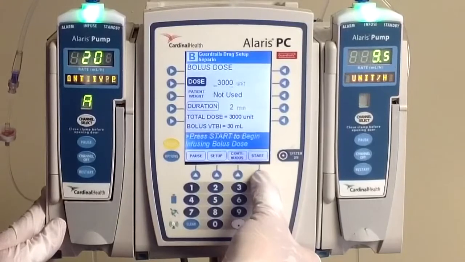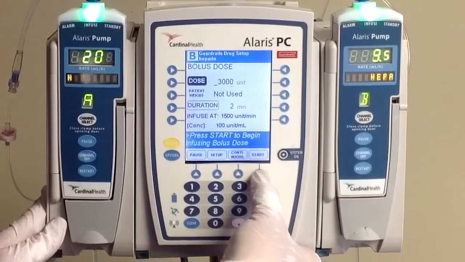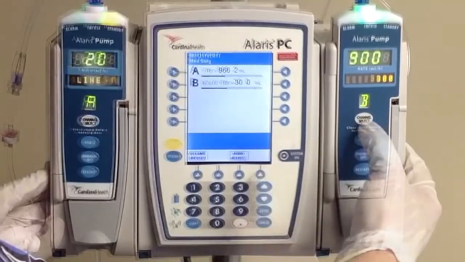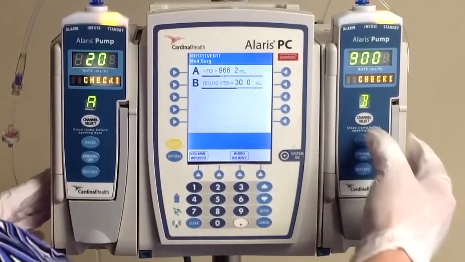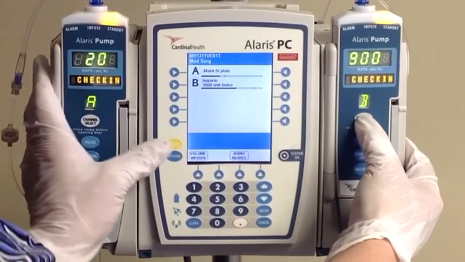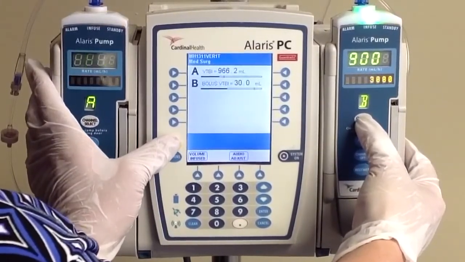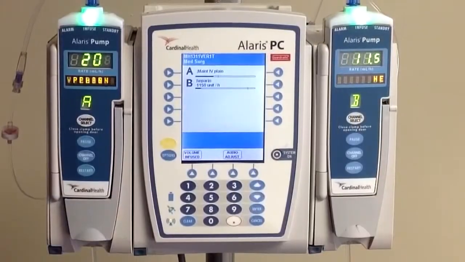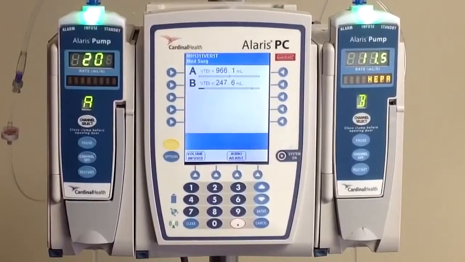It's going to automatically calculate a duration for you. You can go ahead and hit start to begin your bolus. And once it's done bolusing the 3,000 units, it is going to change right back over to our rate of 11.5. Bolus is complete. You'll notice that we've changed back over to our rate of 11.5. Fast forward 6 hours in our scenario, our result is back for our heparin level, and it is now 1.04,